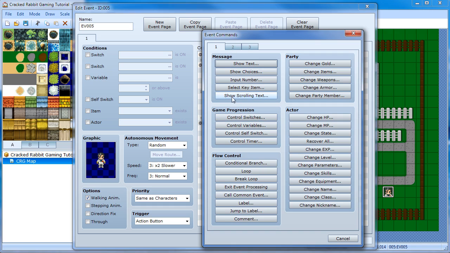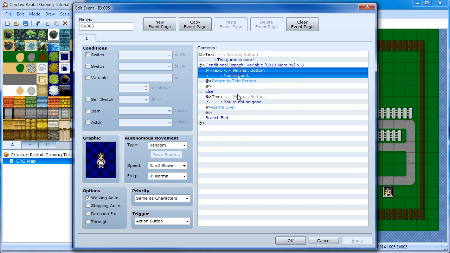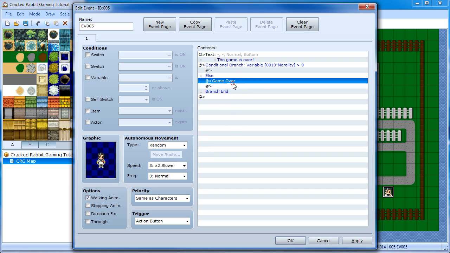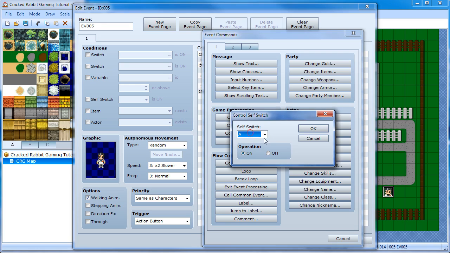Do some scrolling text right here to give the ending of the game. You can do cutscenes, of course. So in this case, this is a pretty simple way of doing an ending. It doesn't give you a ton of control. What might be better is to do multiple pages. So how about we just do that? Get rid of this stuff. So if your morality is above 0, we'll do the self switch